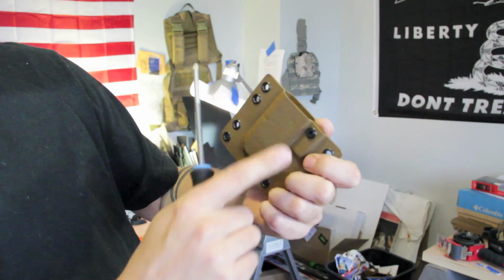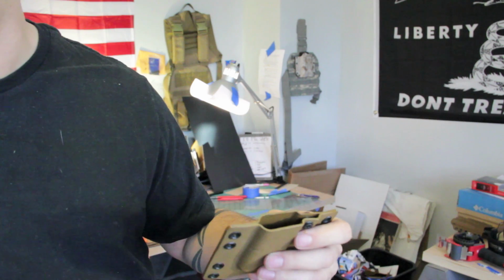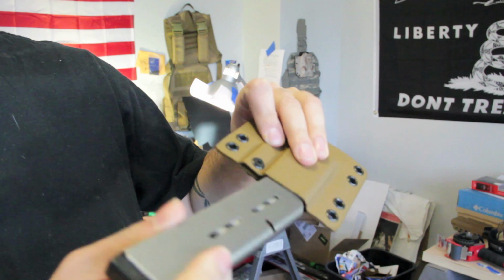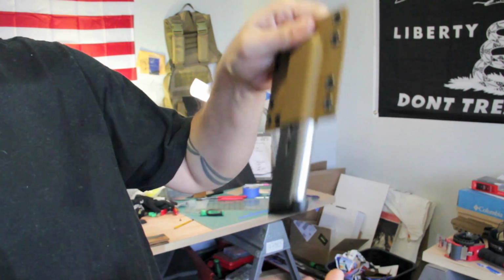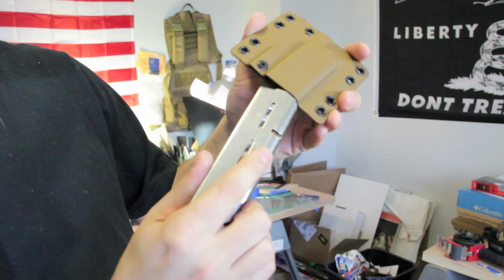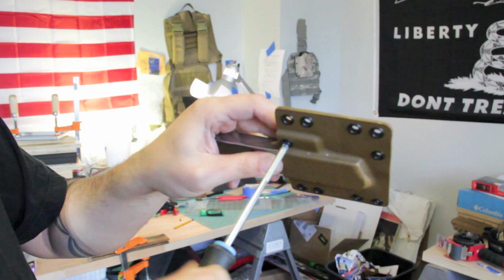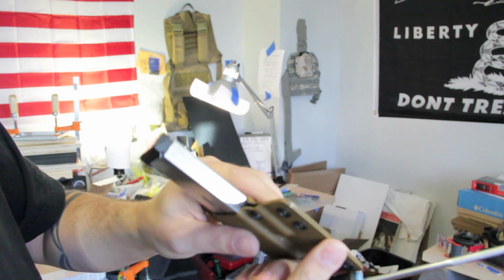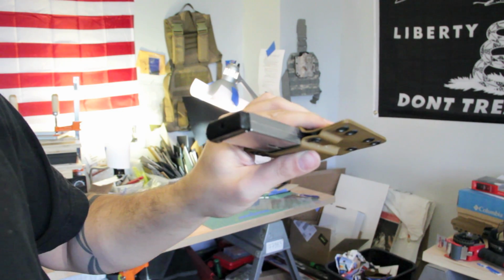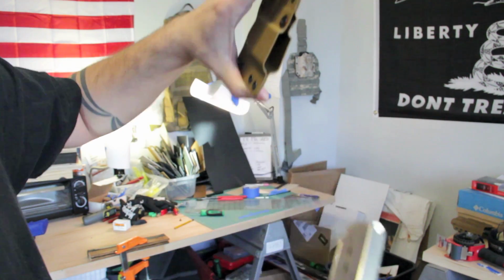So you can see that it's really easy to adjust, and you can do this with a flathead if you want, in case you want to be able to adjust it in an emergency with a key or a shell casing or what have you. But I like the look of the Phillips head, and so you can see that we can adjust the retention. This is a loaded Wilson Combat mag, and so we can have a certain easy amount of retention on that draw, or we can take this and crank it down nice and tight. And the rivet will bottom out against the back face of the Kydex to prevent it from causing a stress fracture, and then you can get a much more